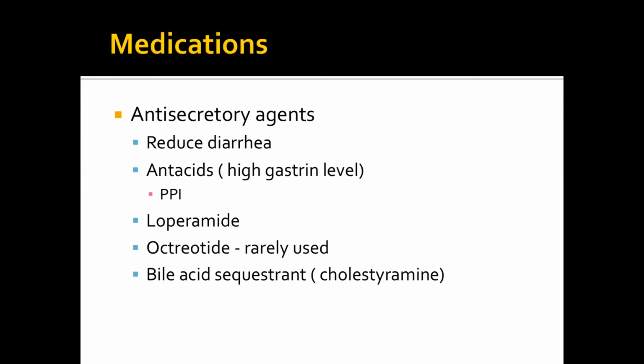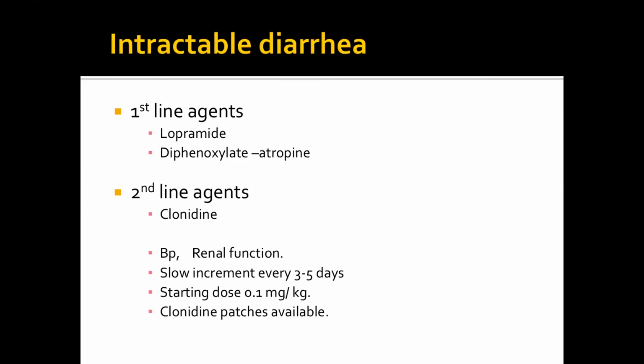Bile acid sequestrants such as cholestyramine can be used as well to alleviate the diarrhea associated with the bile acids. If the patient has intractable diarrhea, you can use in conjunction with loperamide diphenoxylate atropine, which is a combined drug. Atropine is an anticholinergic medication, and diphenoxylate is an opioid receptor agonist, which is going to slow down the intestine and reduce the secretion from the intestine, which alleviates the symptoms. Both of these should be used over a short period of time and then stopped and reassessed.